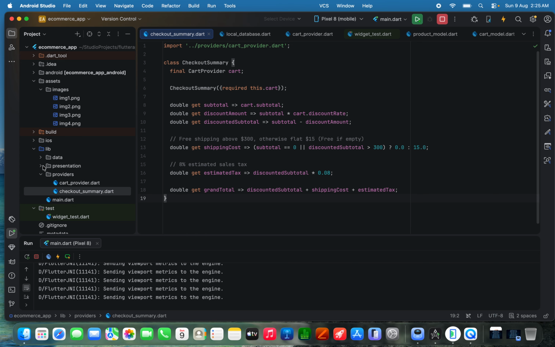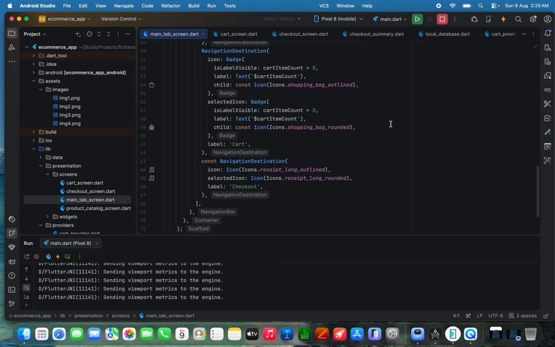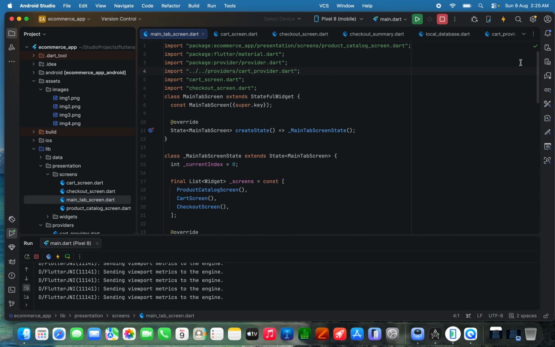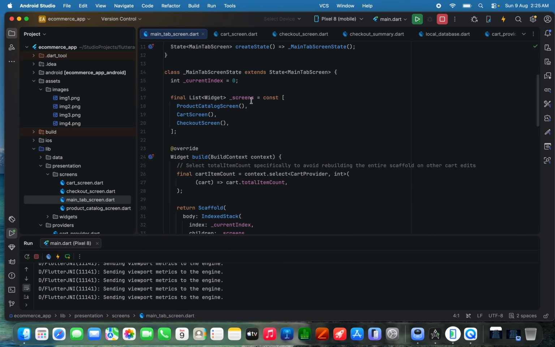Let's look at our presentation, our screens. Product catalog, or is the main tab screen now. In our main tab screen, we have this list of screens: product catalog screen, cart screen, checkout screen, and then